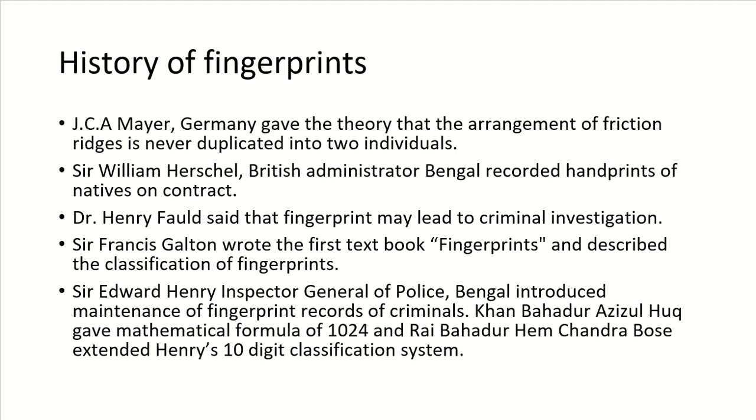Sir William Herschel, British administrator in Bengal, recorded the handprints of natives on contracts. So he first used fingerprints or handprints for legal purposes. Dr. Henry Faulds said that fingerprints can be used in criminal investigation. Sir Francis Galton wrote the first book, Fingerprints, and he described the classification of fingerprints. Sir Edward Henry, Inspector General of Police, Bengal, introduced